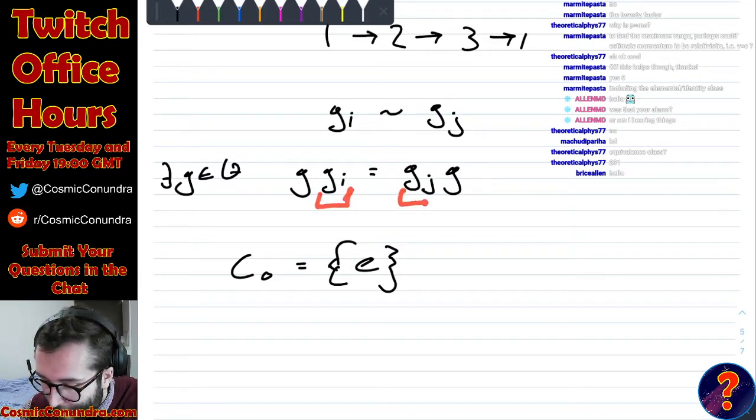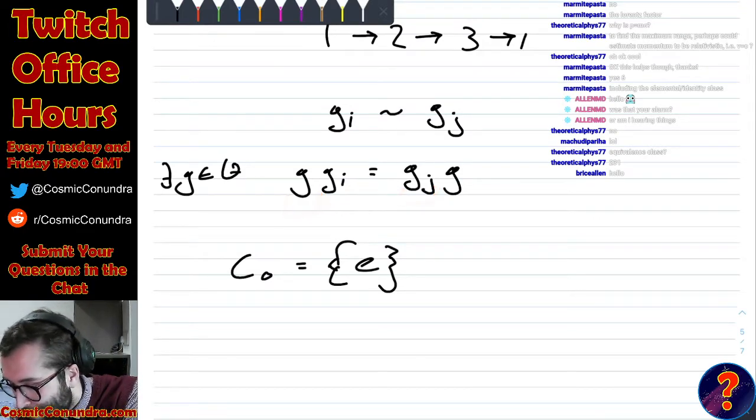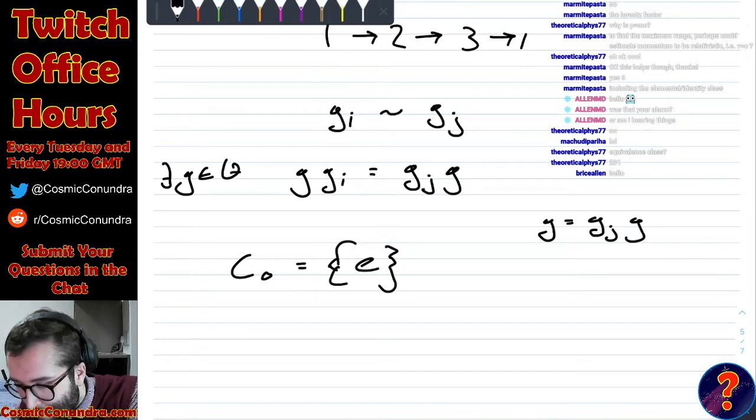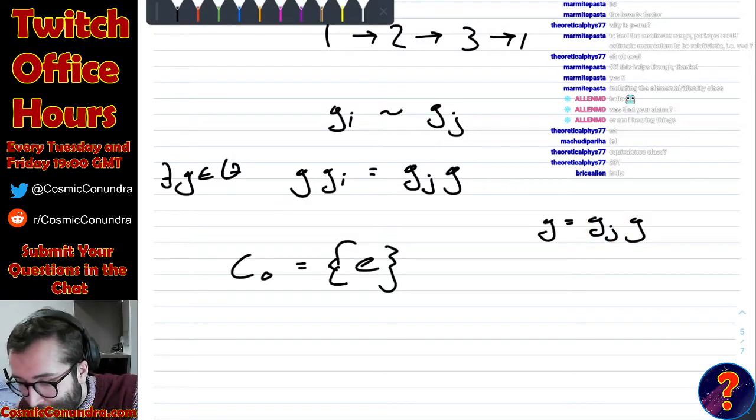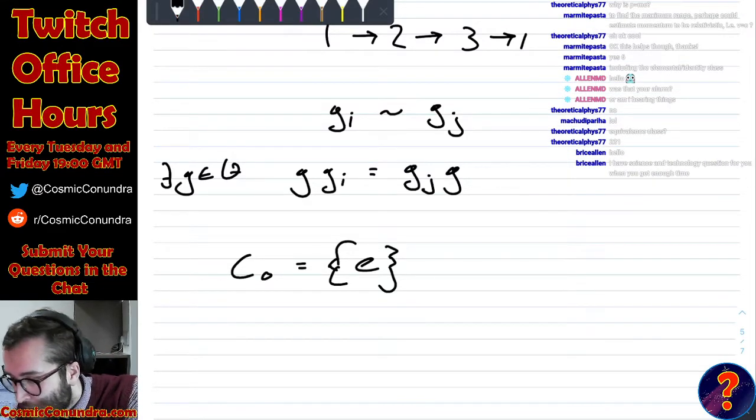But for E, it should be fairly clear that if you put E into here, then the only other thing you can have here is also E. Because if you put E into here, you'll get a G here. So then you end up with something like G is equal to GJG, and this is precisely the definition of the identity. So the identity is always in its own